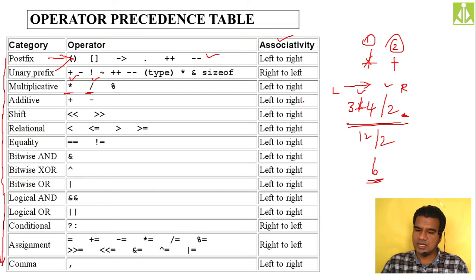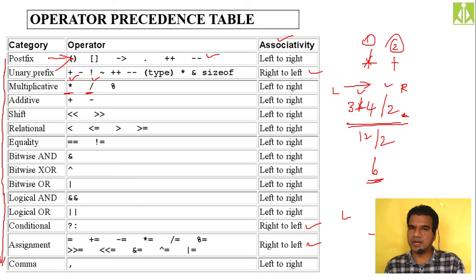Likewise, not only do we have left to right associativity, we also have right to left associativity. As you can see, in some cases we have right to left associativity. If you have right to left associativity, then what you have to do is simply put left and right on your expression, then move towards the left. From right, move towards left, and whatever operators you get in that moving process, simply evaluate them.